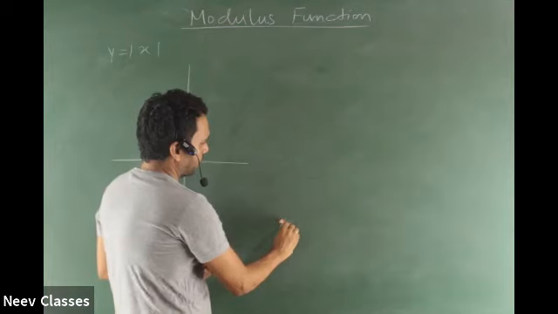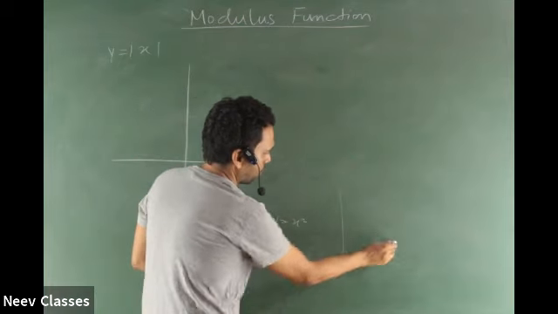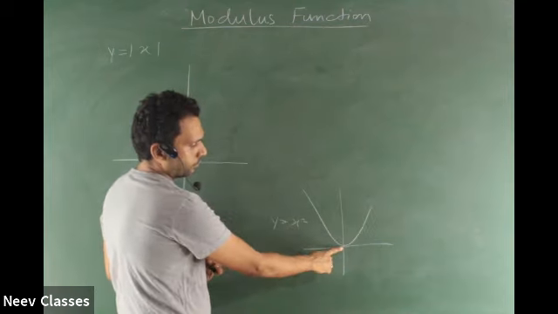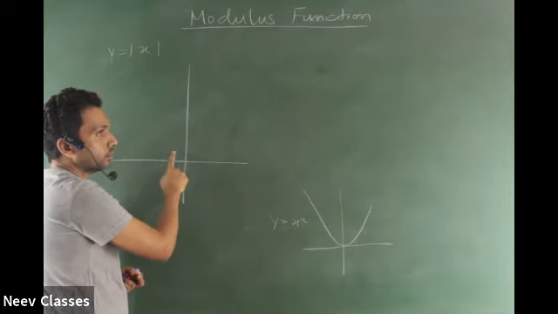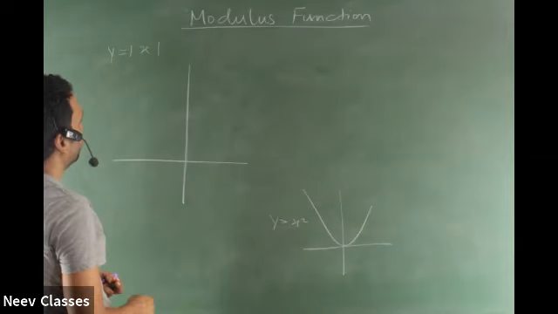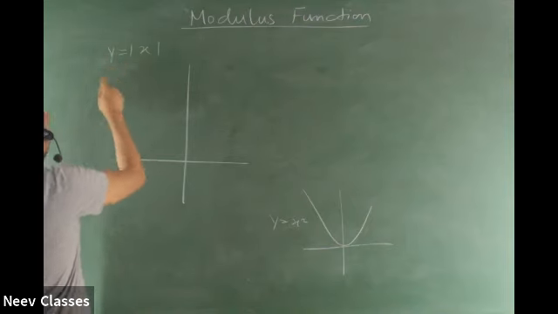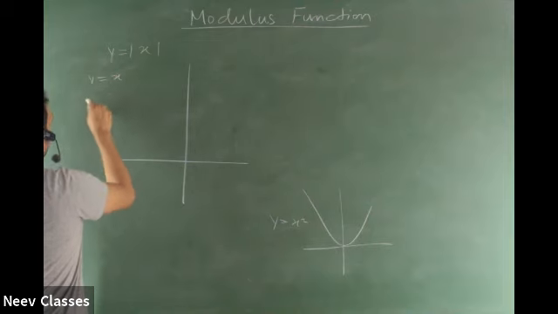The y is equal to x squared graph was having a curvature, right? Shall we draw that kind of curvature here or not? Not at all. Why? Because it's a straight line graph. Okay, in parts, but it is a straight line. Why is it a straight line? Because this guy will either behave as a y is equal to x graph or a y is equal to minus x graph, right?